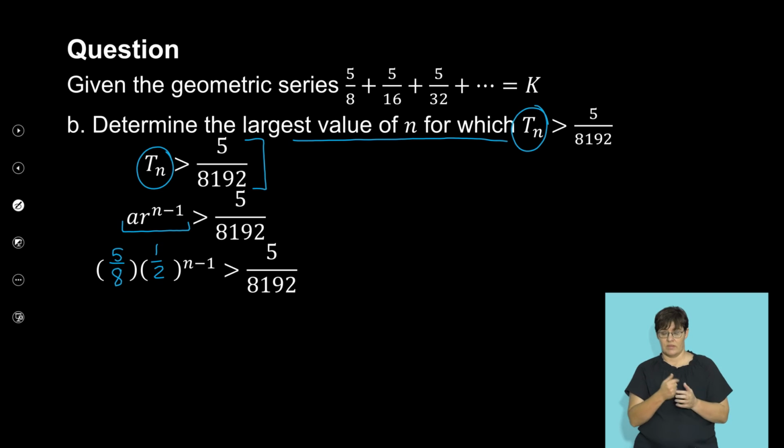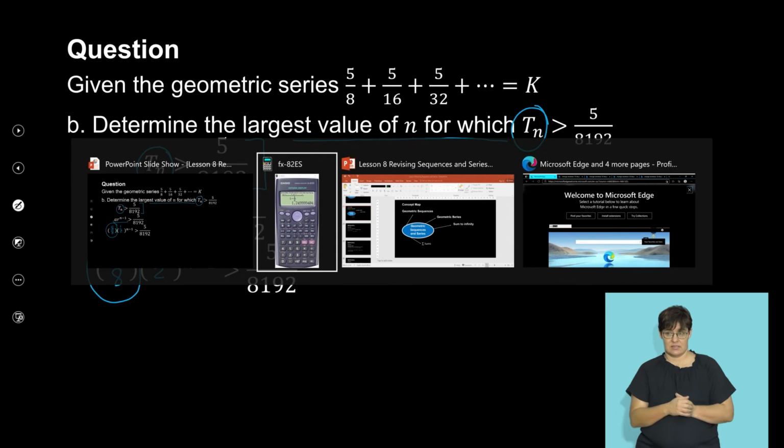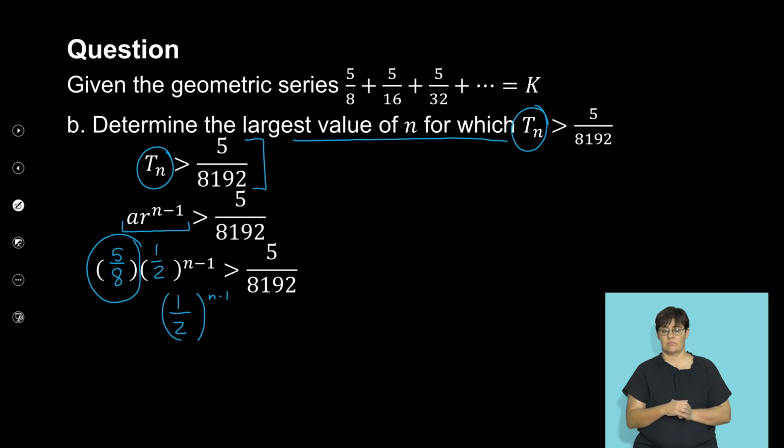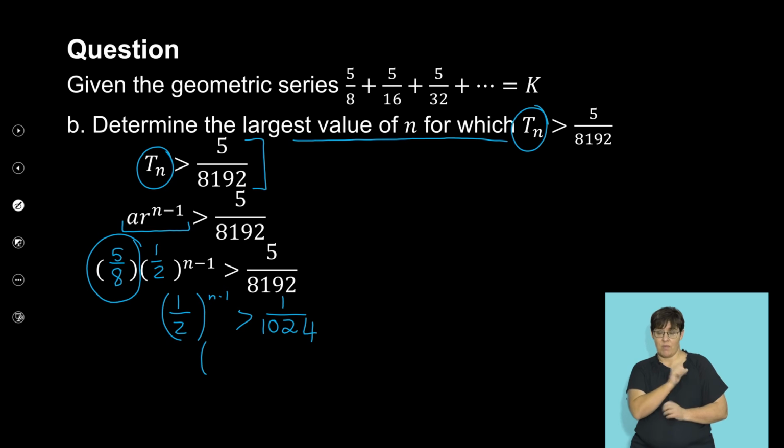And my ratio, which we discussed on the previous slide, is a half. So I'm now going to solve this inequality. But to do that, I'm first going to have to get rid of the 5 over 8 because I'm working to isolate my n. So first, let's get our calculator. And I'm going to say 5 over 8192 divided by 5 over 8 is equal to 1 over 1024. Luckily, if I am aware of how to use prime bases, I know that 1024 is 2 to the power of 10. So 1 over 1024 is the same thing as a half to the power of 10, which